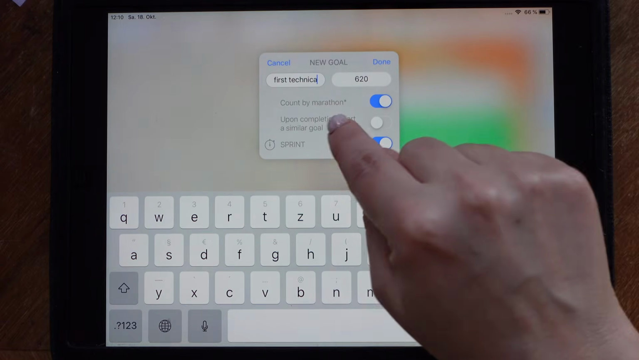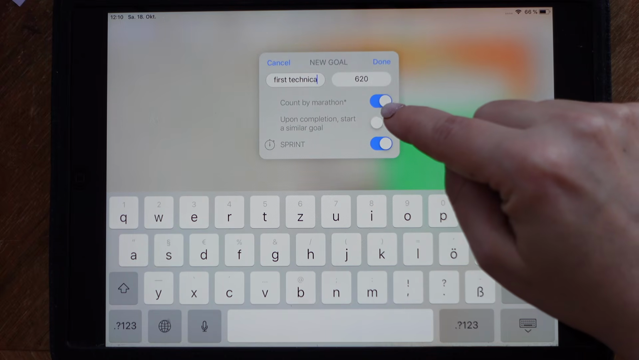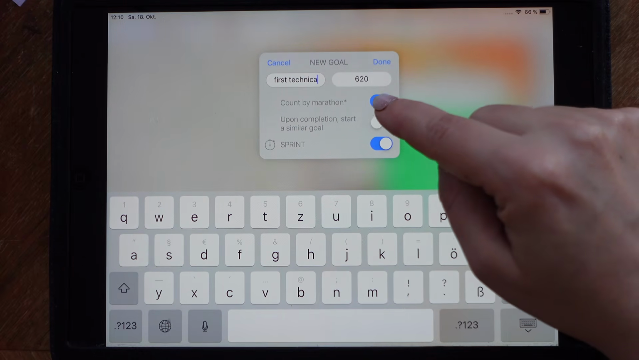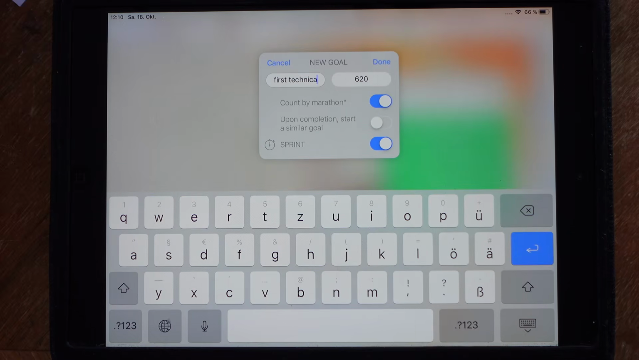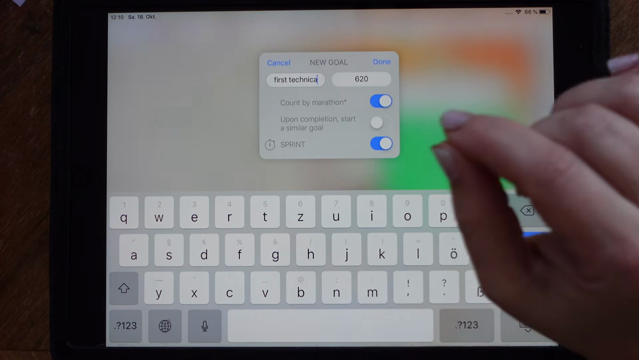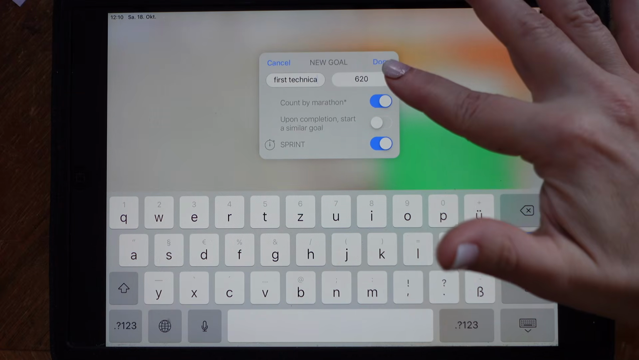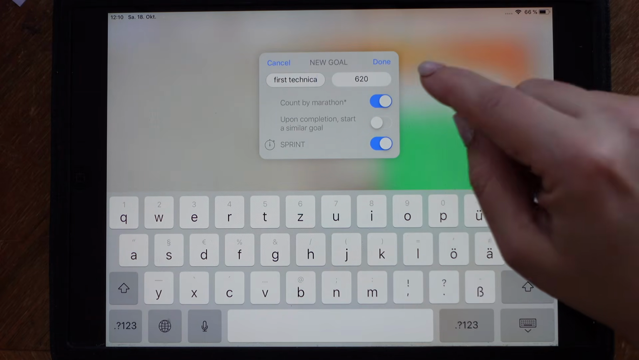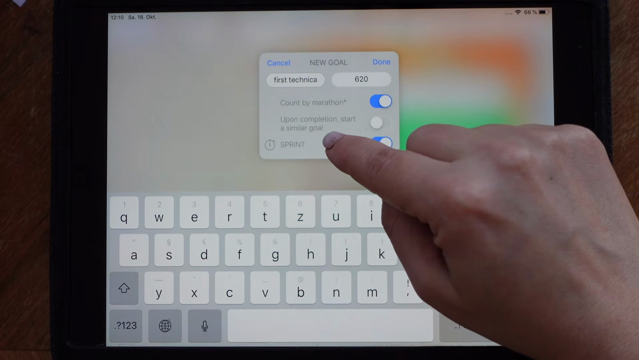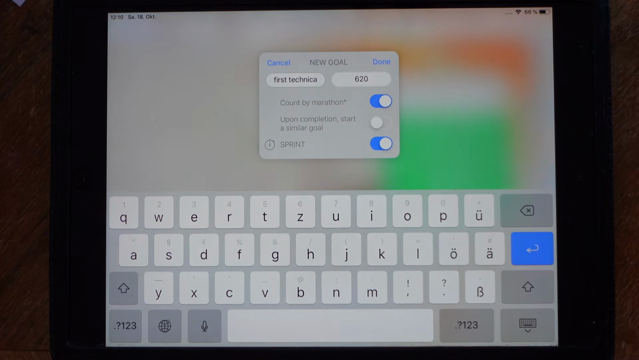And here you can say how you want to count. Count by marathon basically just means that half stitches are a half stitch and full cross are a full cross, and back stitch is counted in a specific way. I couldn't actually tell you exactly how. The sprint function basically just measures the time and gives you an average, how many stitches you did in an